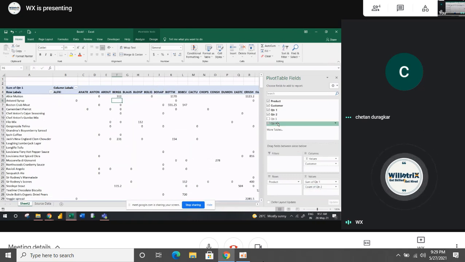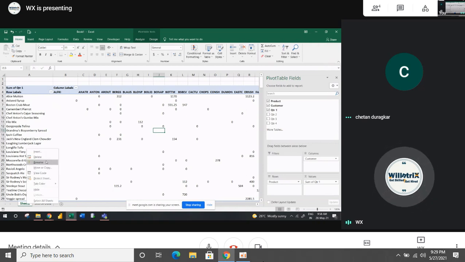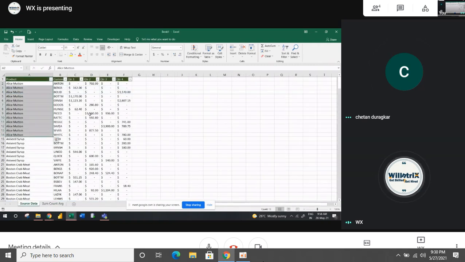Clear? Any confusion or doubt? But average is also giving the same value? Because the value is the same. If other, different data were there, it would give a different result, but it's repeated only one time, that's why it's giving the same average. So by using a pivot table, we can do sum, count and average.